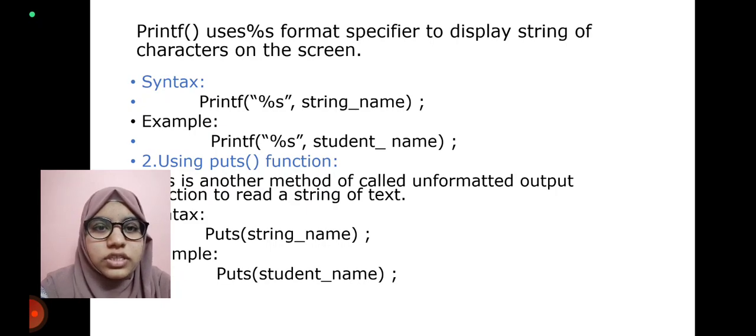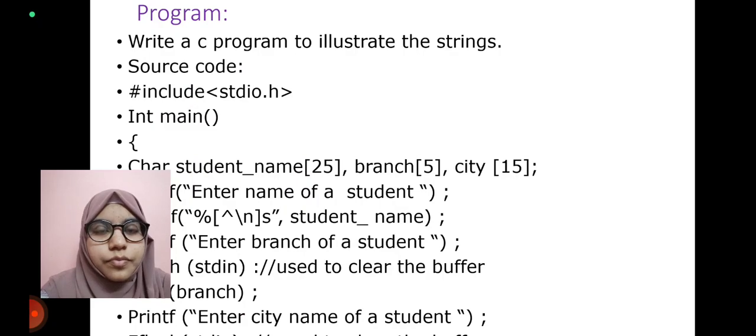And second function is using puts function. This is another method called unformatted output function to display a string of text. General syntax of this is puts(string_name); Example: puts(student_name);